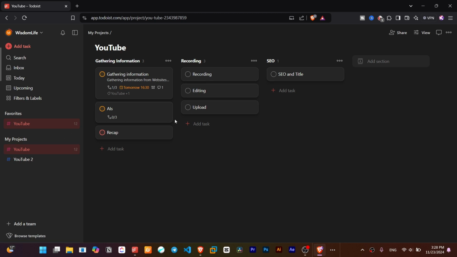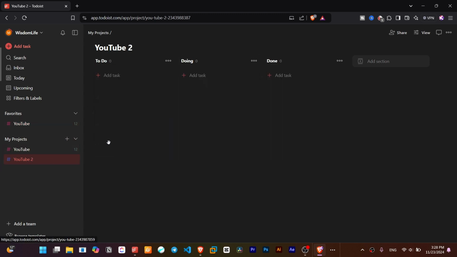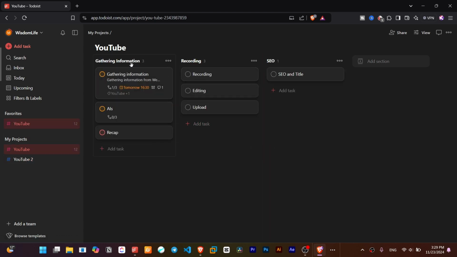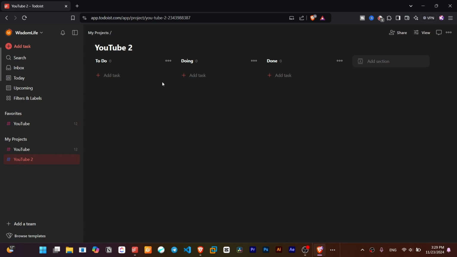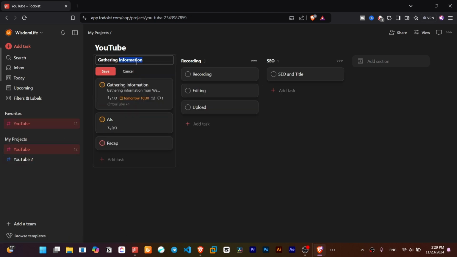But something that I'd like to suggest to you is, this is your outline, this is your framework, and do this in your documentation. And for the to-do list, I suggest you use this one, not this one. This is about documentation. Okay, in gathering information, these are my tasks. About recording, these are my tasks. So my whole framework, my whole template is like this. But in the to-do list, I have to track my progress. I have to see what things have been done and what things haven't been done. Consider this point. So here